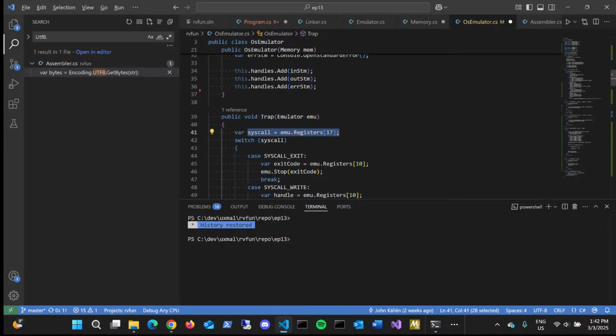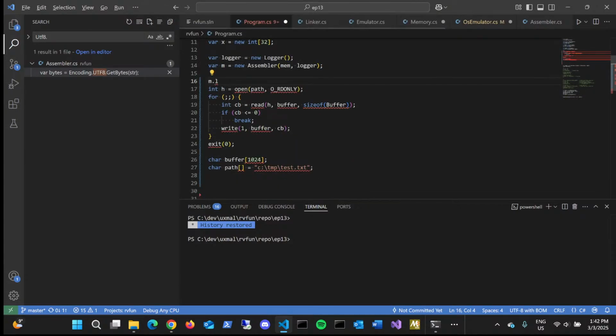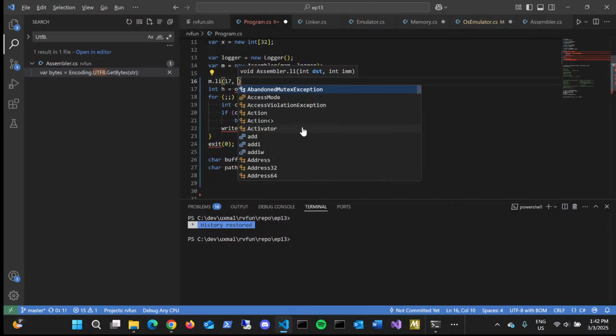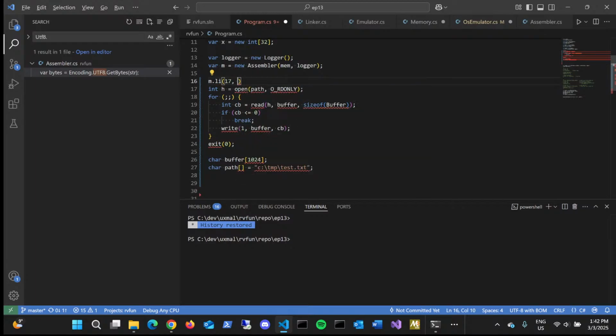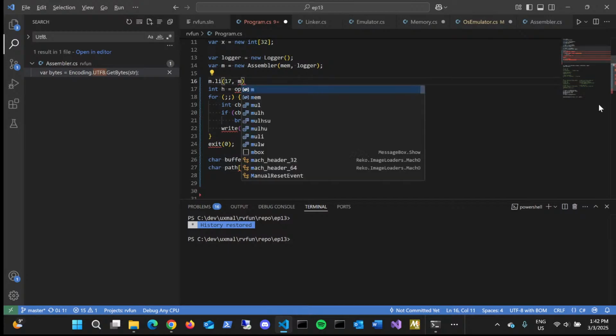So we need to set up register 17 to the system call number for open. So let's do that. So we'll use the load immediate method, and we'll take the destination register 17, and the immediate value is going to be, well, here we need the global address of the buffer. And if you remember, the way to obtain that is to do this